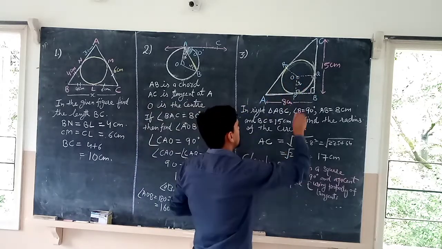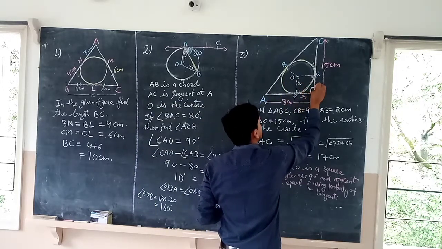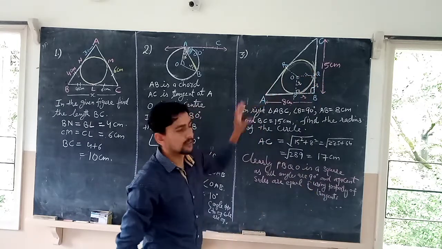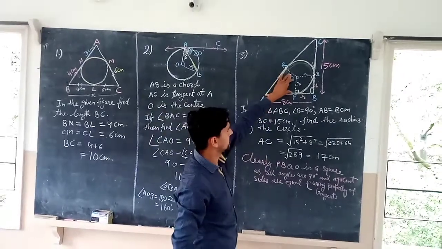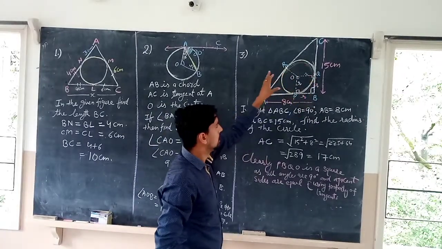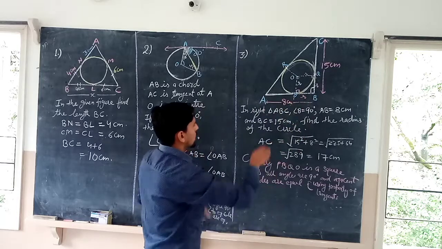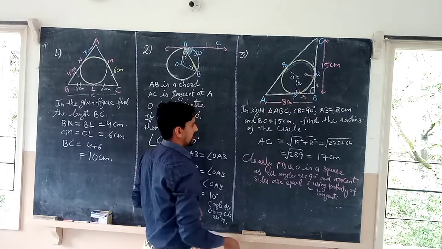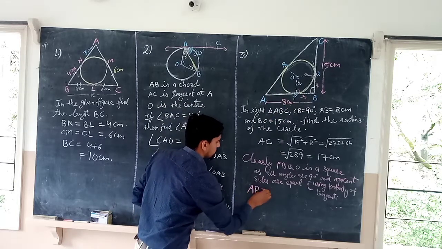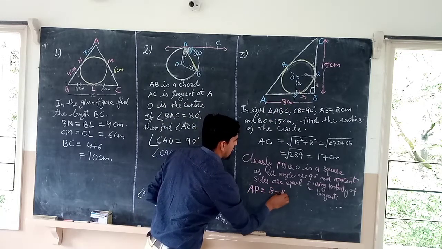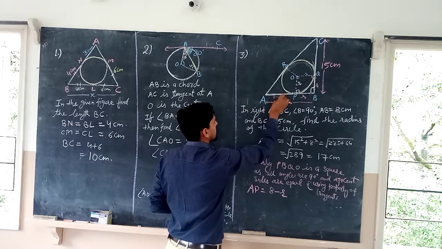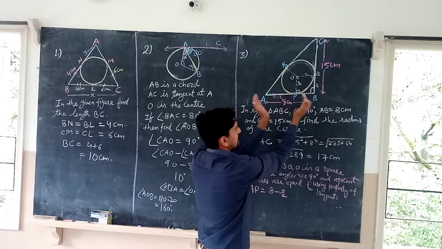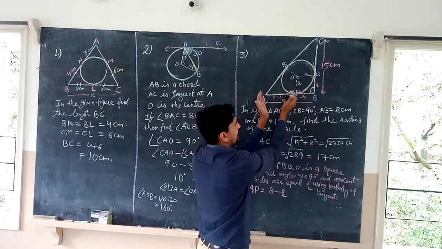That means this is R, this is R, this is R, because all sides are equal, and we know that this is the radius. That means all are equal to the radius. Right? So now, as we know, AB is 8 in total and PB is R. What is the length of AP? AP is equal to 8 minus R, because the full length is 8 and this length is R. If I subtract R from the full length, I will get AP.